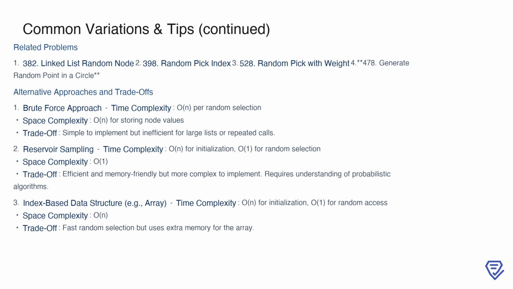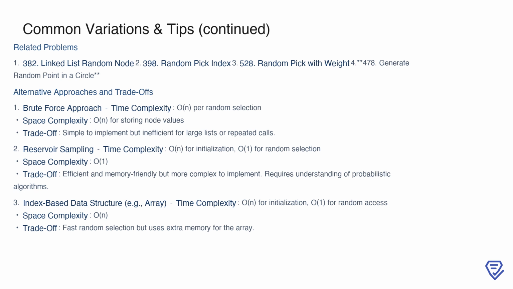Finally, let's look at related problems and alternative approaches. Problems like random pick index, random pick with weight, and generate random point in a circle all share similarities with linked list random node, often requiring efficient randomization techniques. Regarding alternative approaches, the brute force method involves storing all node values in an array and randomly selecting from it. While simple to implement, this approach has O(n) time complexity per random selection and O(n) space complexity, making it inefficient for large